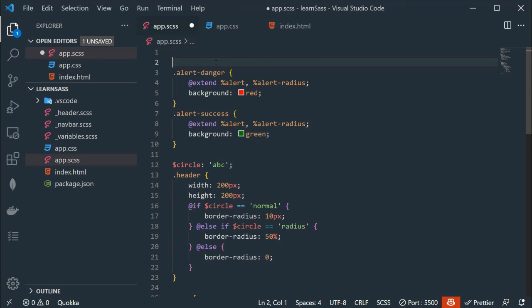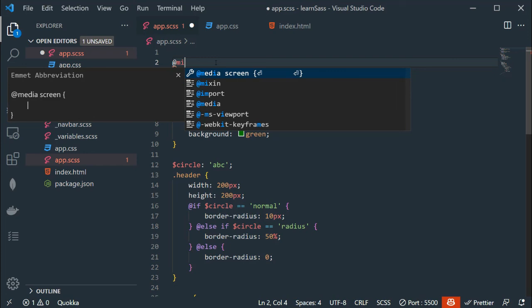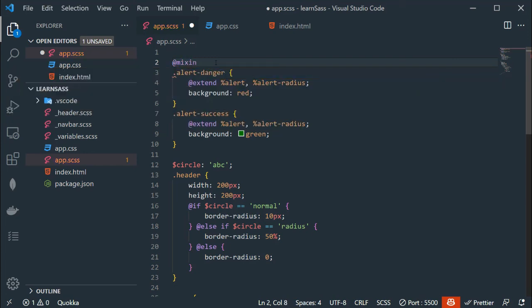Now I am going to create a mixin function. So first of all we have to add the @mixin keyword. After the mixin keyword we have to add the mixin function name. Name is totally up to you. So in my case, alert, parentheses, curly braces.